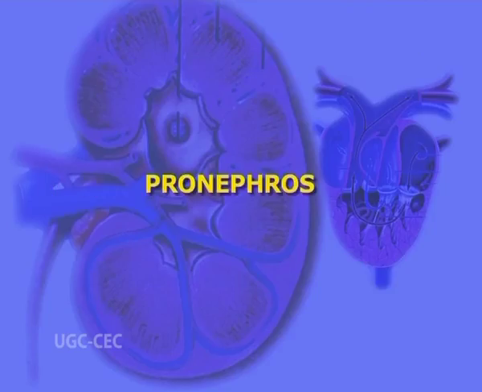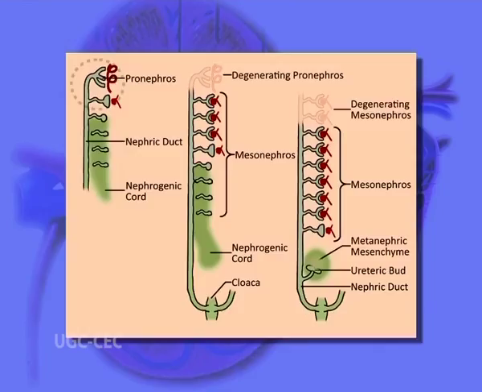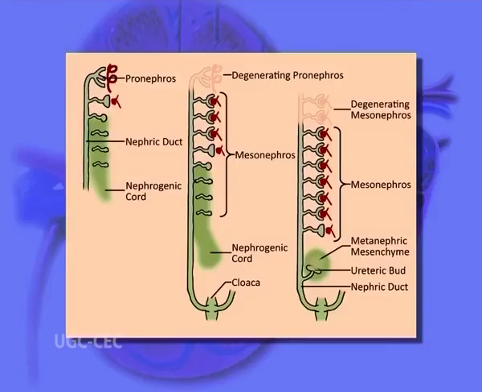Now, let us talk about the pronephros. It is also called the head kidney because of its location in the anterior region of the body, and it is still a functional kidney in Myxine and some primitive teleost organisms. It has very few, that is 3 to 15, collecting tubules, each with a nephrostome that collects waste material from a single glomus. Pronephros becomes lymphoid in function in higher vertebrates.